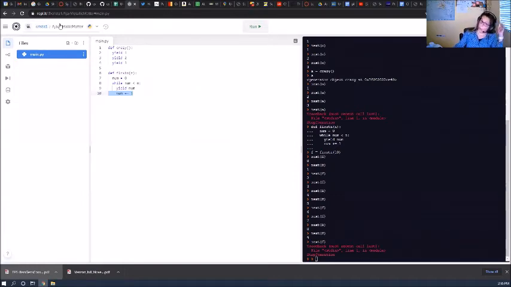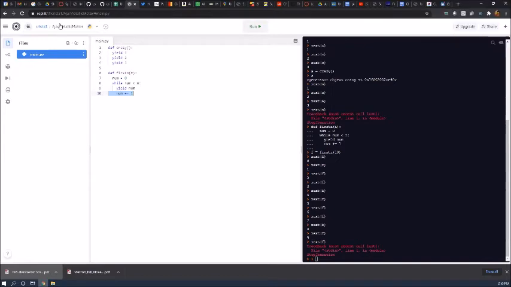Not many languages have coroutines as such. Maybe Go has it. Does anybody here know about Go? Is it Go that has coroutines? One of these modern ones. Go has channels and functions which are kind of like coroutines. Yeah, they're like lightweight threads, I guess.